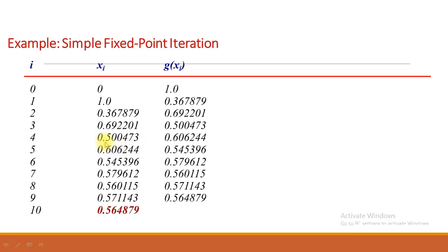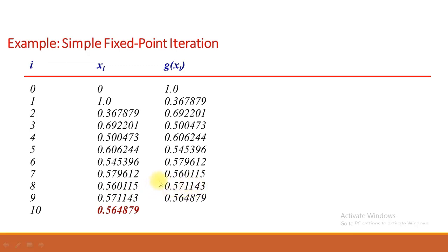Now putting this value into the function g, we obtain 0.60244, and putting this value into the g function, we obtain 0.545396, and putting 0.455369, we obtain 0.79612. Similarly, putting 0.076912, we obtain 0.60115, and putting 0.60115 into the g function,